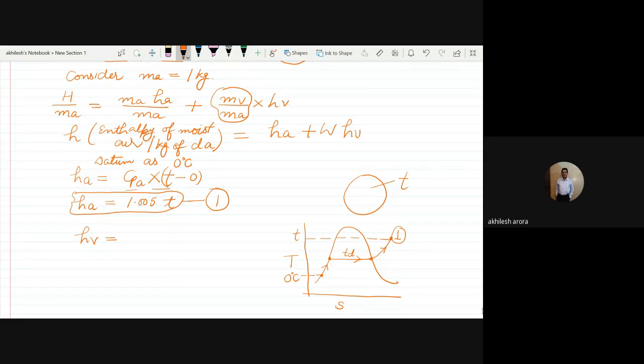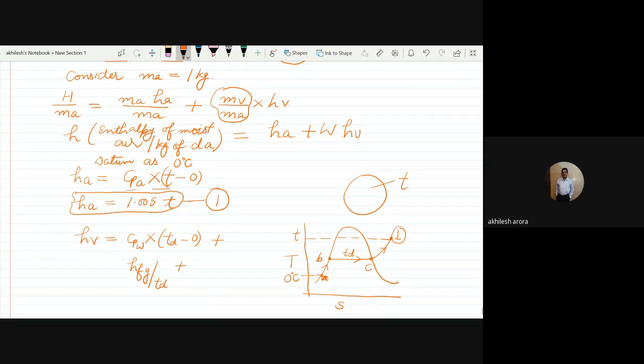तो इसका एक्सप्रेशन लिखते हैं. ओके, so I can write it is equal to CPW, which is the specific heat of water, into TD minus 0. So this is from point A to point B. This is the amount of the heat added. Plus, what I will do, I will calculate the value of HFG. I will add the HFG corresponding to TD, whatever is the dew point temperature. This is the latent heat of vaporization. So this is the heat from B to C actually.